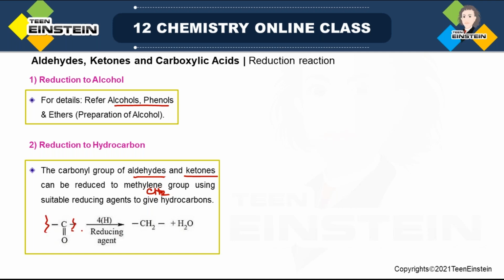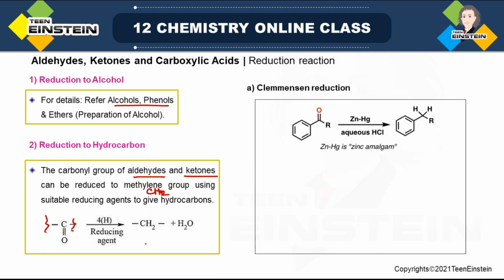There may be any other groups on both sides depending on whether you have taken aldehyde or ketone, but ultimately, in place of C double bond O, you are getting CH2. And what reducing agent are we using here? It is simply mentioned 4[H], that means hydrogen. Now under this reduction to hydrocarbon, we will see different types, A, B, C. Under 2, that is reduction to hydrocarbon, the first reduction is